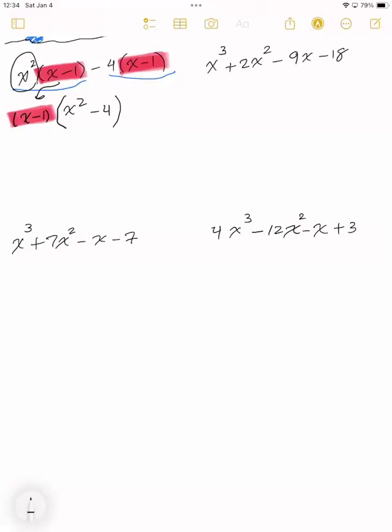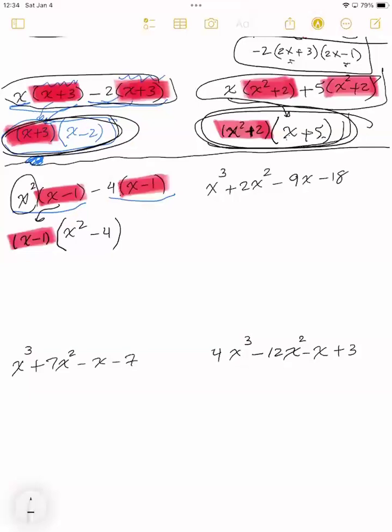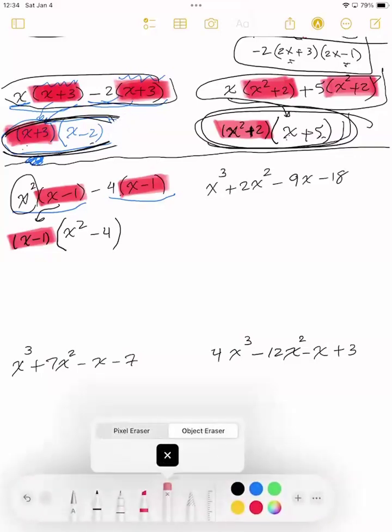But then I look at x squared minus 4, and I say, well, I can factor this. I stopped at the previous problem because I could not factor x squared plus 2, since this is a positive sign here, and x plus 5 cannot be factored. So I stopped here. And for the first problem, I also stopped here because neither one of these parentheses is factorable. But when I come to the second problem, I see that